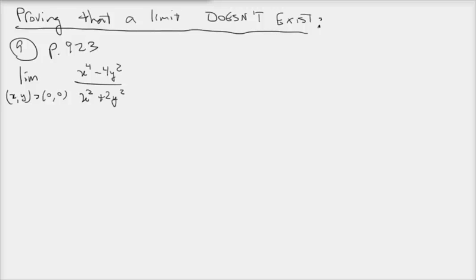finding the limit as x and y approach 0 and 0 of x to the fourth minus 4y squared over x squared plus 2y squared. And so all we can do at this point is prove that this limit doesn't exist. So we're going to do everything we can to prove that. So, as I said before, we need to approach this limit 0, 0 from two different curves,